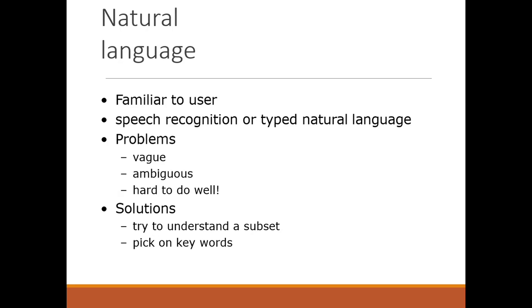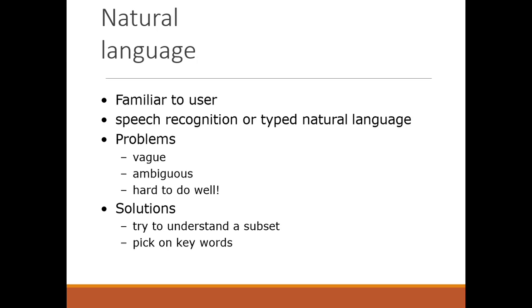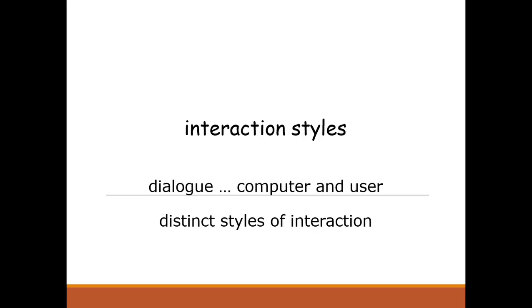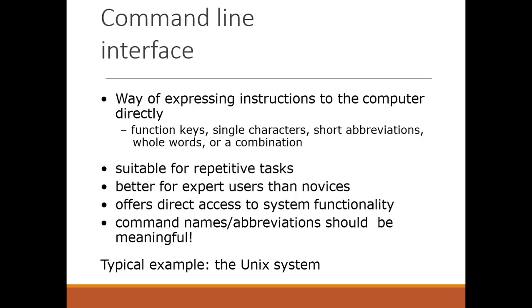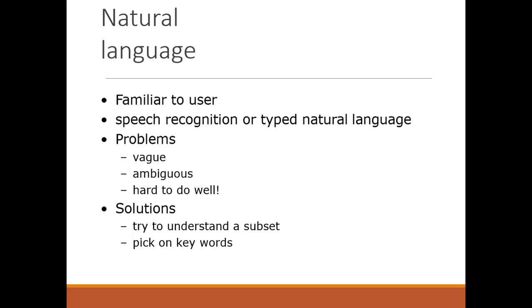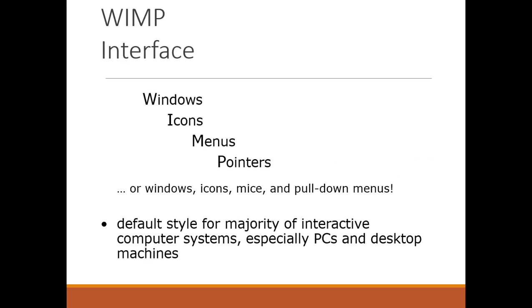So I hope you have cleared about all these kinds of information, like we have discussed various natural language, menus, windows. I am revising also, reminding you of all these things, interaction style. So please always keep in mind the interaction style, just to make our interaction with the system smoother and more interactive, so that the user can easily interact with the system and try to produce more and more useful things. That's why we are going to study these subjects. Fine. So I hope we have cleared about all these things: form fill, point and click, three-dimensional, WIMP interfaces. I'm sorry, like window, icon, menus, and pointers.